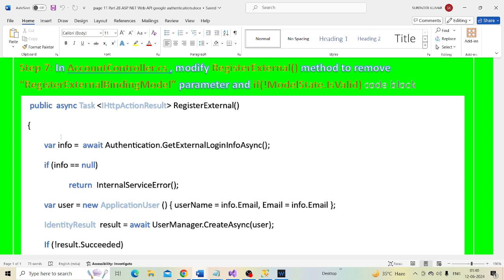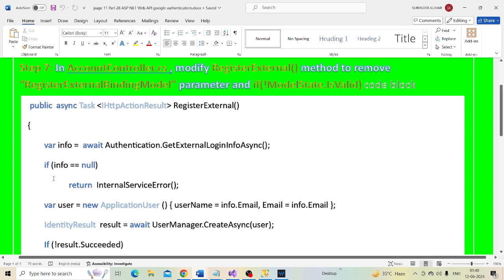Then we are using the info object instead of the model object to retrieve the external user email.